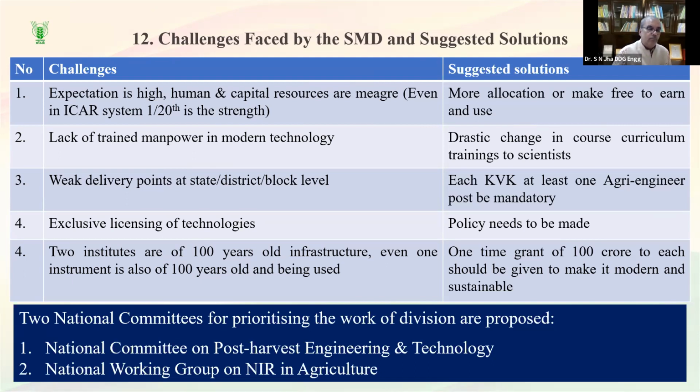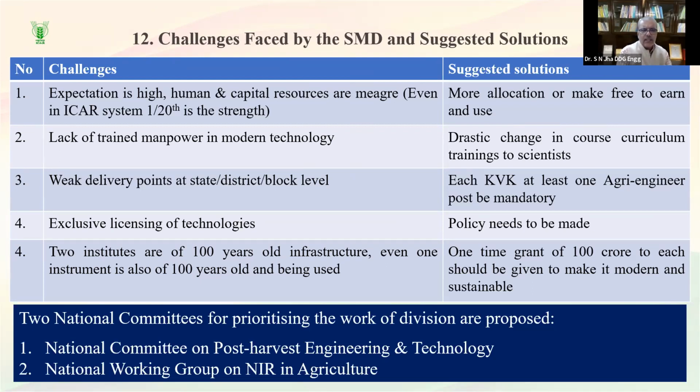For making our work more effective, I am proposing two national committees based on our experience with the one national committee working group for storage of food grains. Since four or five years, our previous DDG has found that it was very fruitful. So, a National Committee on Post-Harvest Engineering Technology, comprising all DDGs and their representatives, and some directors. We can prioritize one or two projects based on that committee, then work together and finalize. And one national working group on NIR